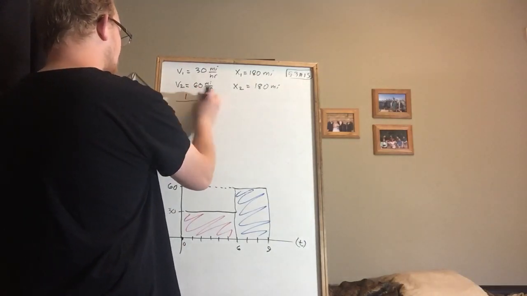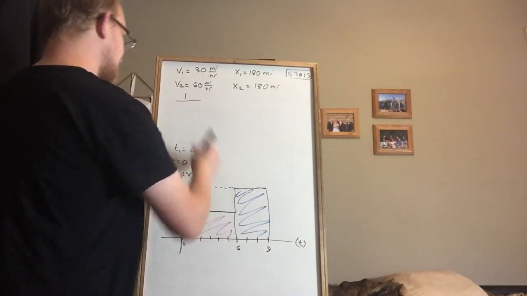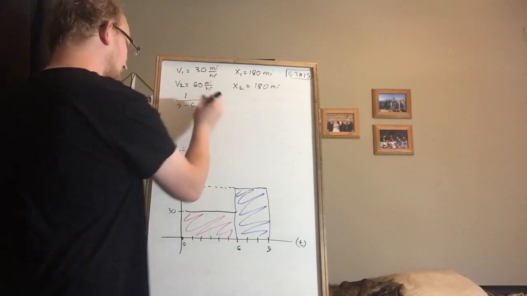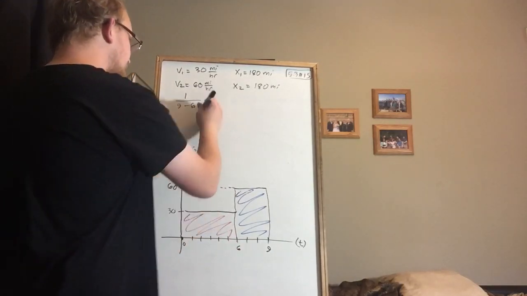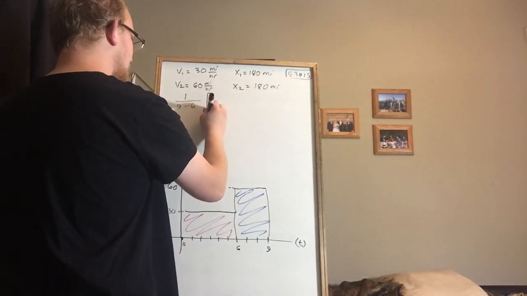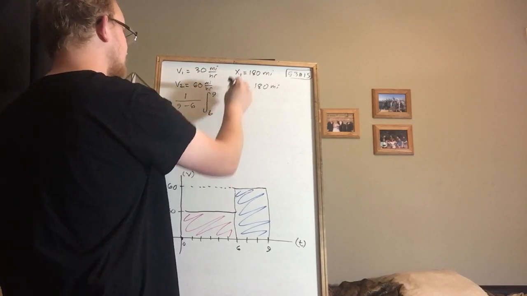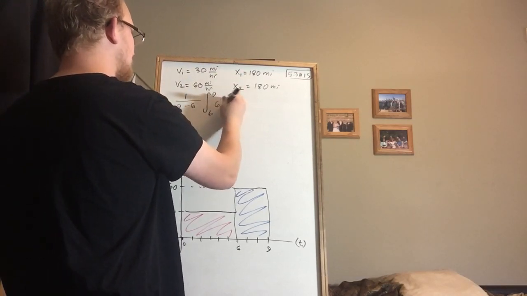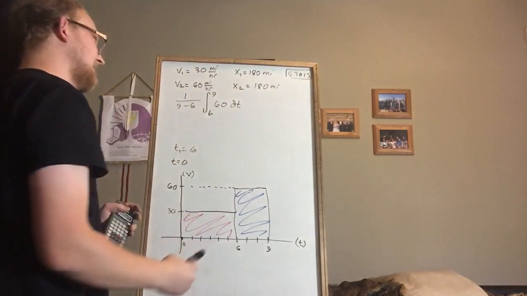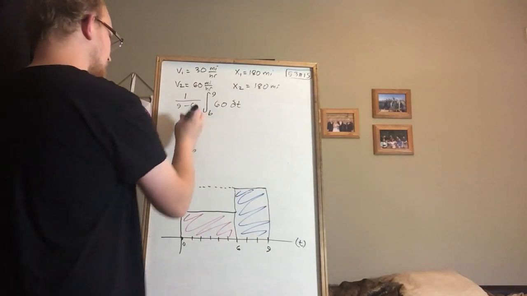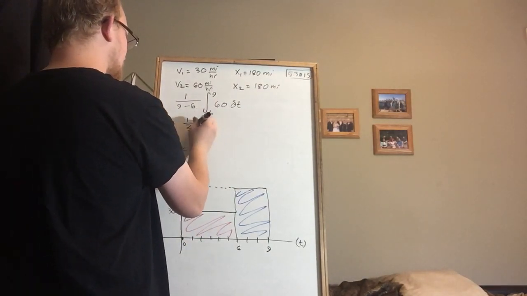So 1 over b minus a. b in this case is 9 hours, and a is 6 hours. And we're going from 6 hours to 9 hours at a rate of 60 miles per hour with respect to t. And when we solve for this one, we'll end up with 1 over 3